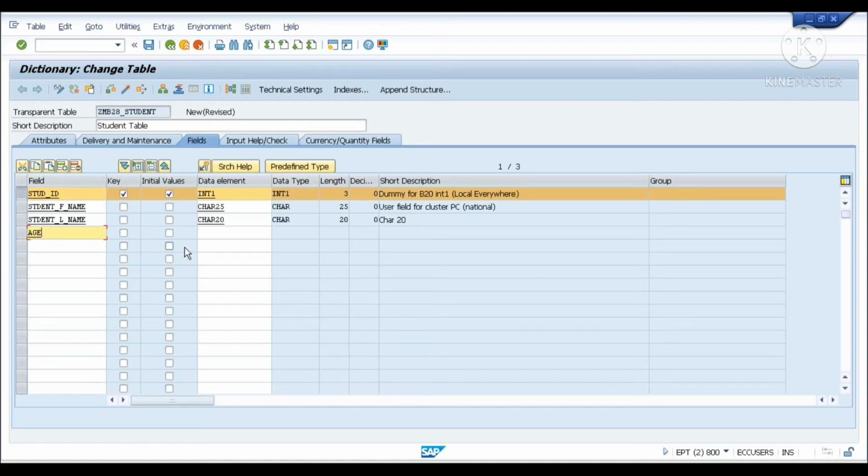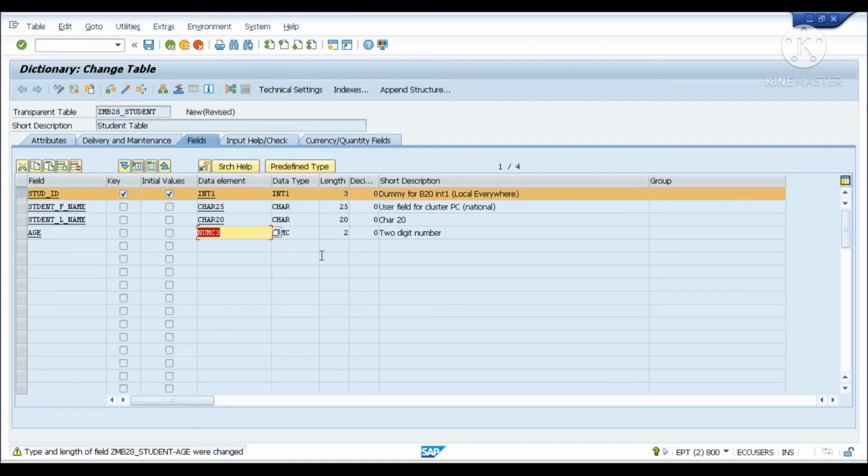So for student age, there is one more data type called numc. So numc2, let me check. I'm considering that age is not more than 99 years, so I'm keeping just 2. If you think age can be more than 99, you can take numc3 at maximum and that should be fine. Press enter and you can see the numc3.